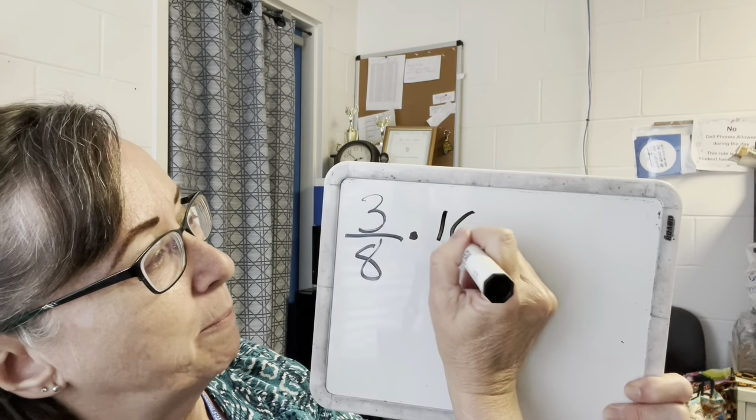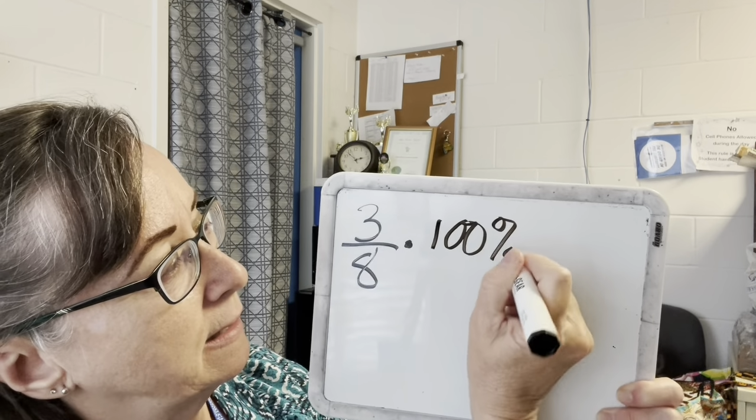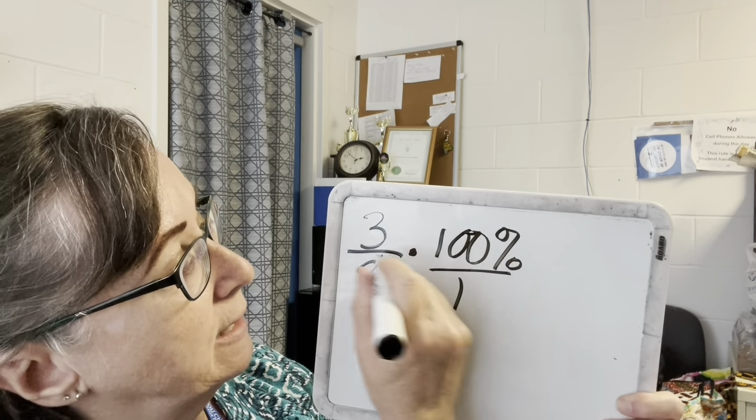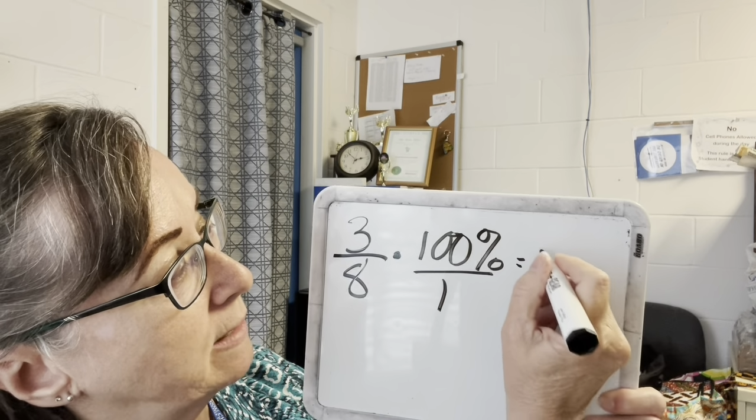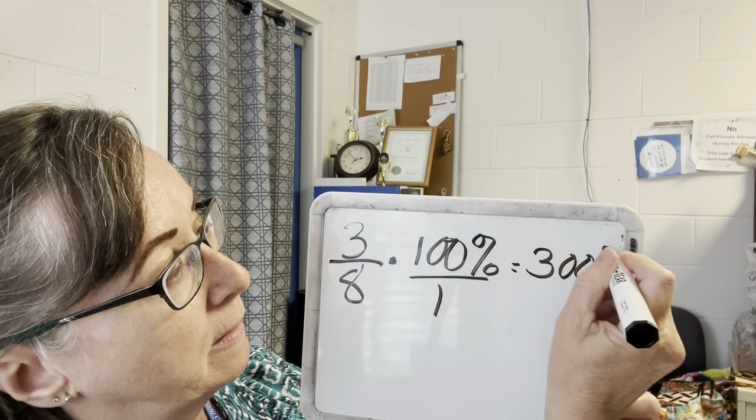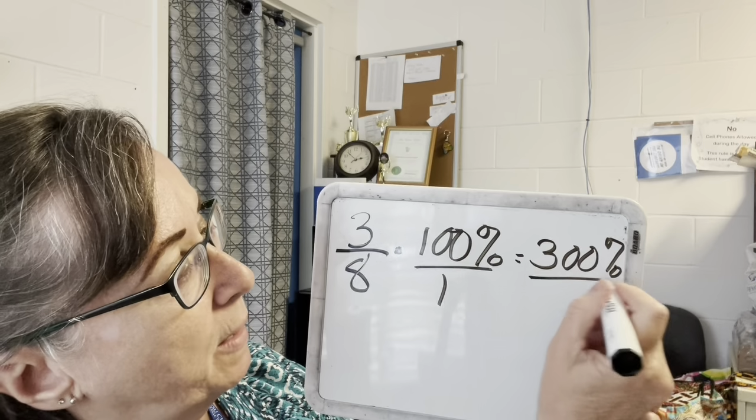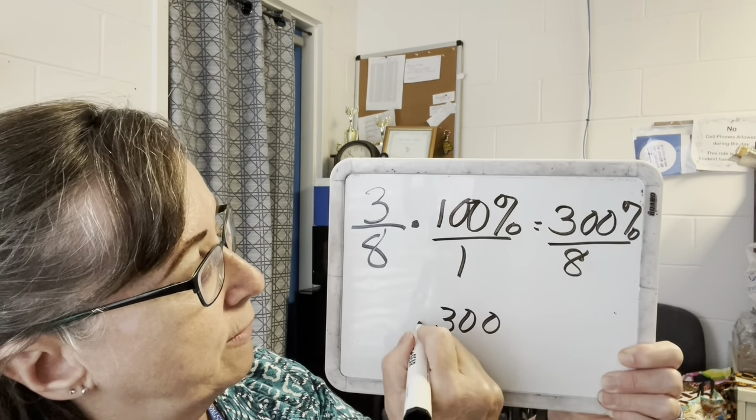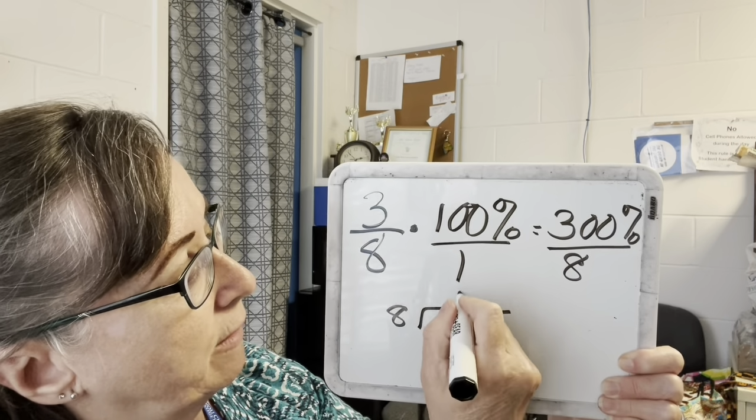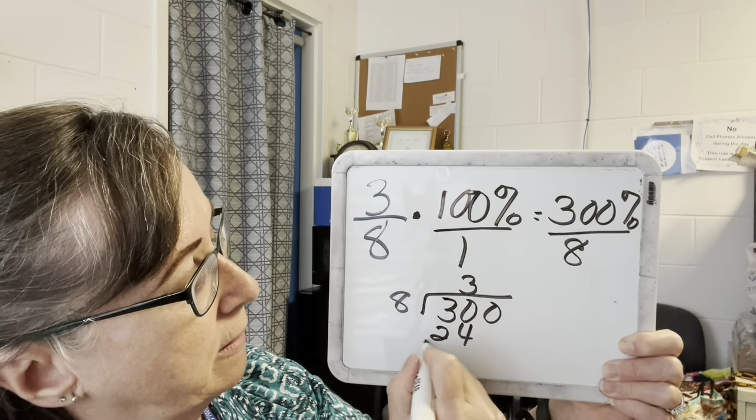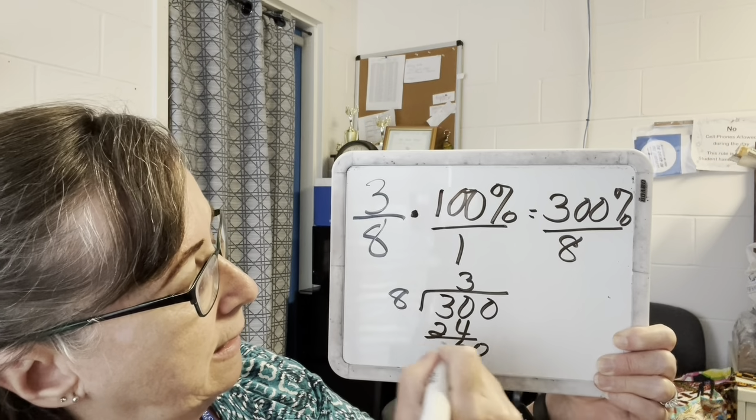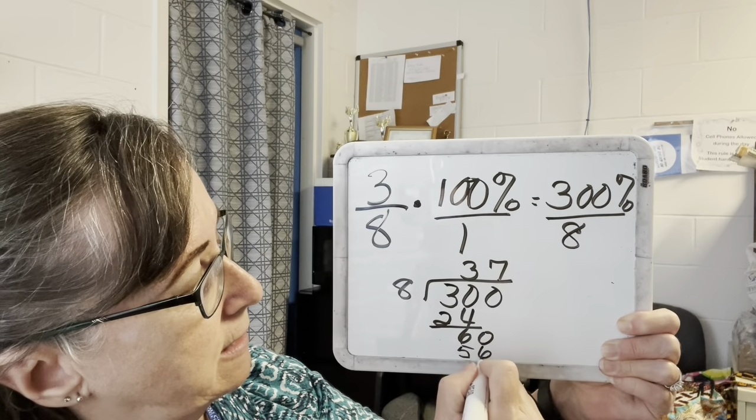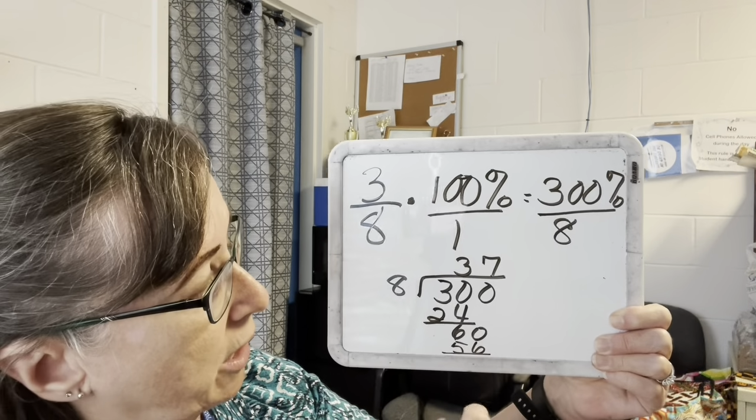Again, I'm going to multiply by 100%. And then the 100% is going to give me 300% on the top, 8 on the bottom. I've got my percent sign. 300 divided by 8 is going to go 3 times, 24, 60, and 60 is going to be 7 times, which is 56, which leaves me with a 4